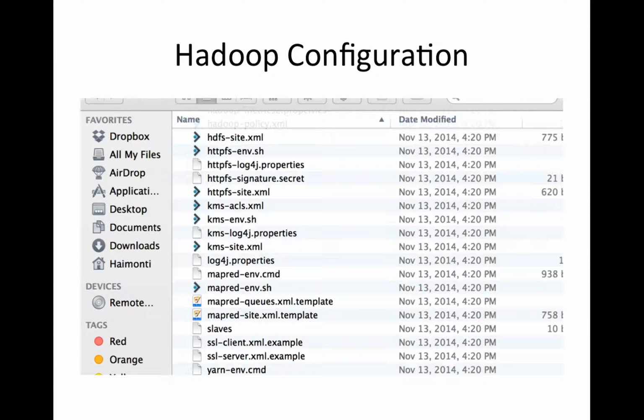Each component in Hadoop is configured using an XML file. Common properties go in core-site.xml. The HDFS properties go in hdfs-site.xml, and the MapReduce properties go into mapred-site.xml. All of these XML files should be available under the etc/hadoop directory from your Hadoop install directory, and these files